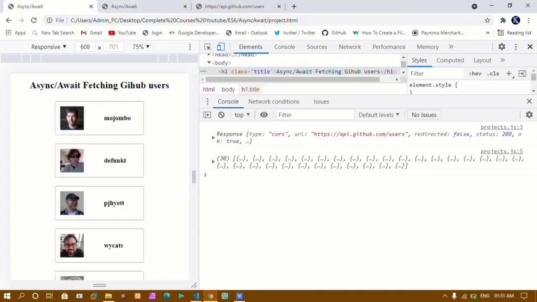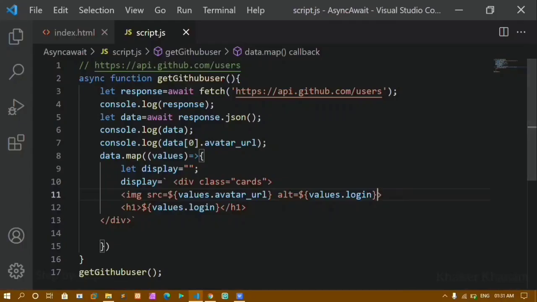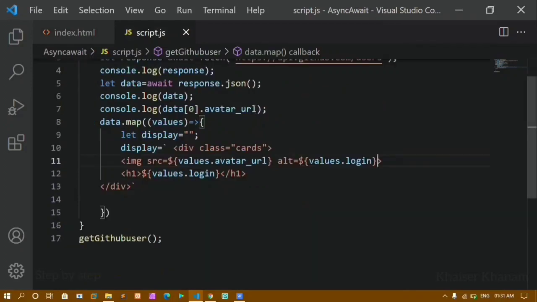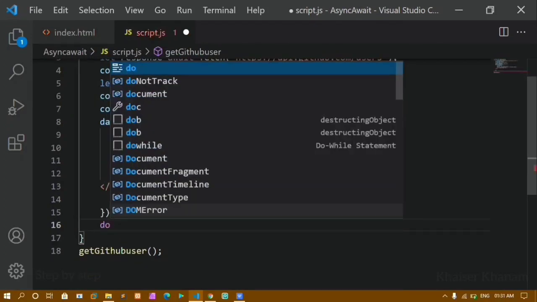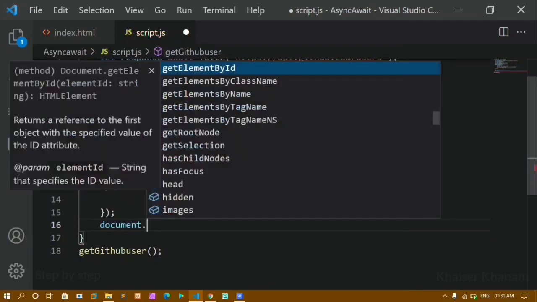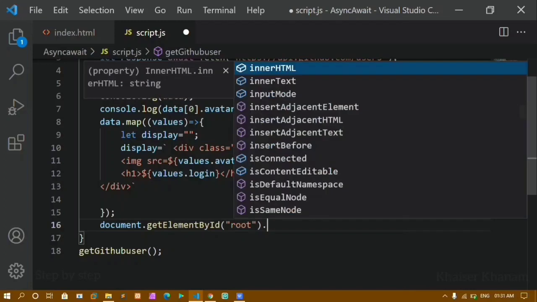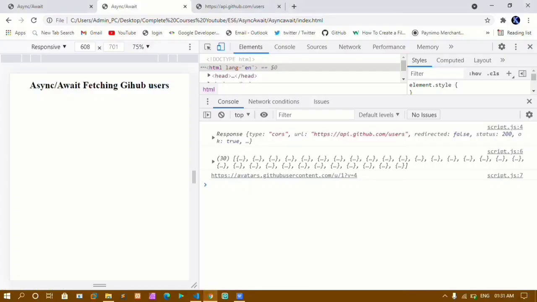Now if I close this one and show you, you can see all the data will be like this. Now we are going to access our root ID. I'll copy this one, and below this I'll write document.getElementById, and inside this I'll paste that ID, dot innerHTML, and I want to display this one. I'll copy this and paste it here. I'll save this. Now if I refresh this one,